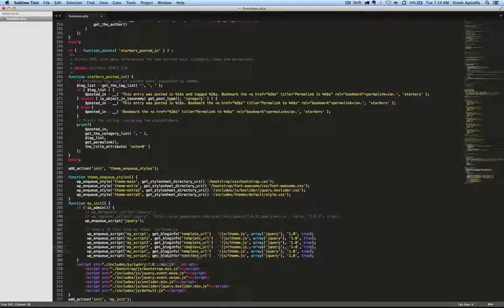3, 4, 5, and I'm going to grab again. I'm just going to grab these. And what this does is, array jQuery means that this requires jQuery, and the reason why we're putting it in the functions.php